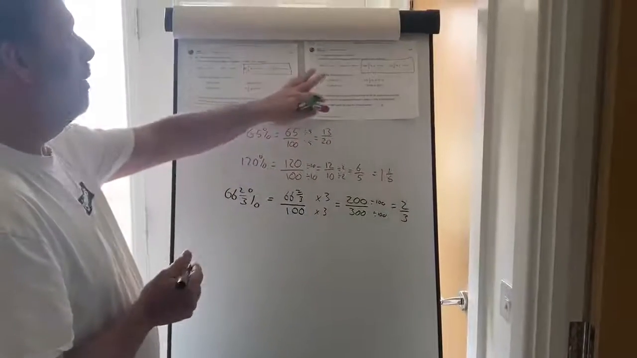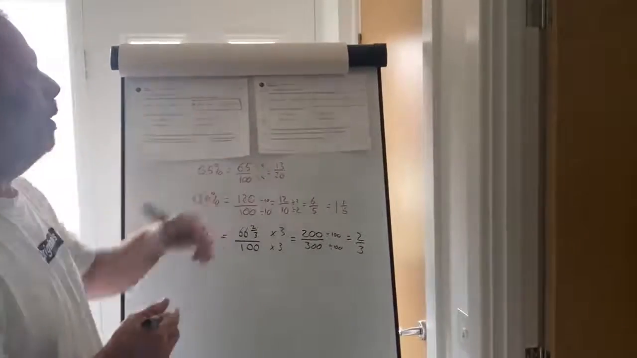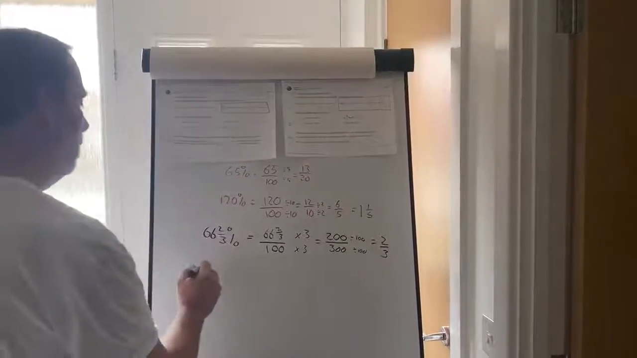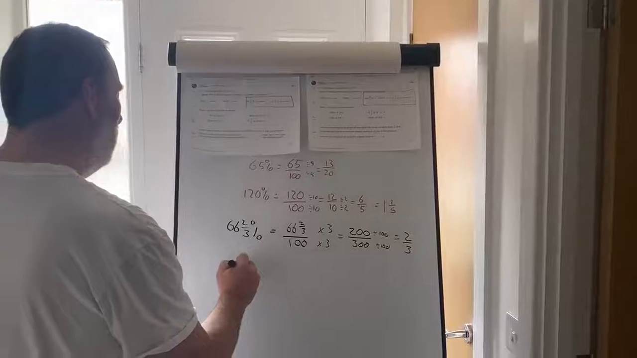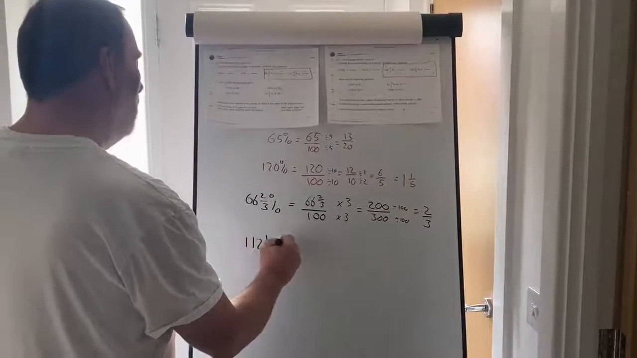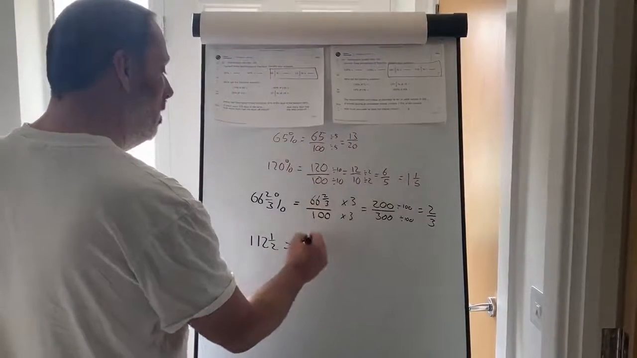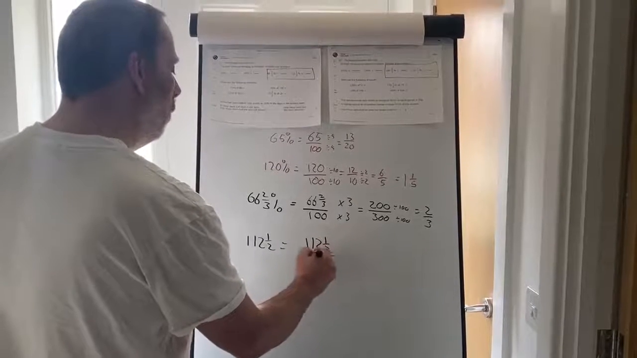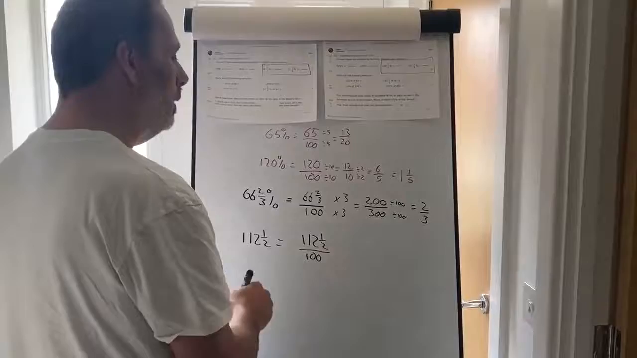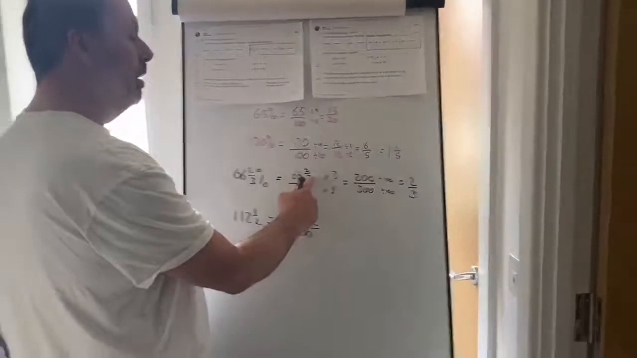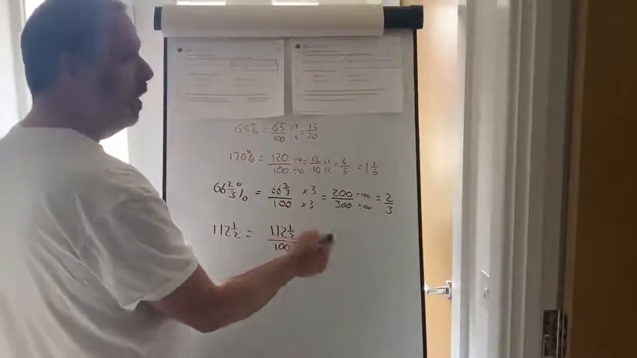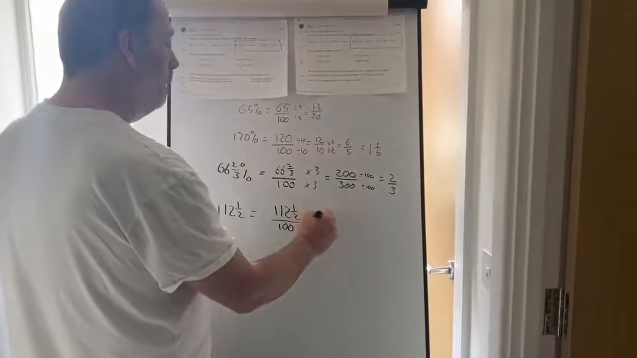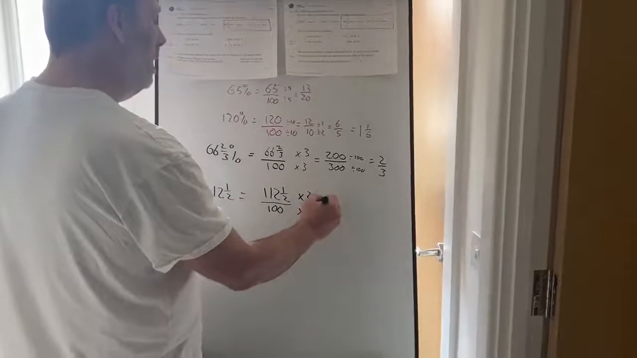Okay, one from over here, let's do 112.5%. So again, I write it like this: 112.5 over 100. To get rid of the half, I times by 2. So multiply numerator and denominator by 2. That will give me